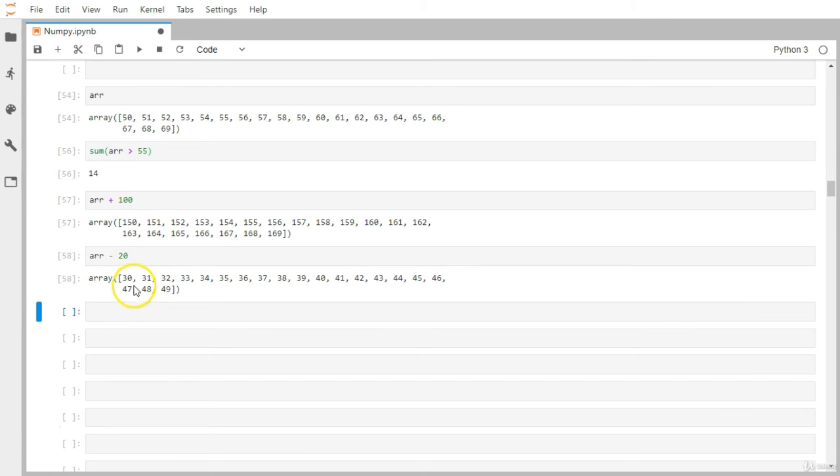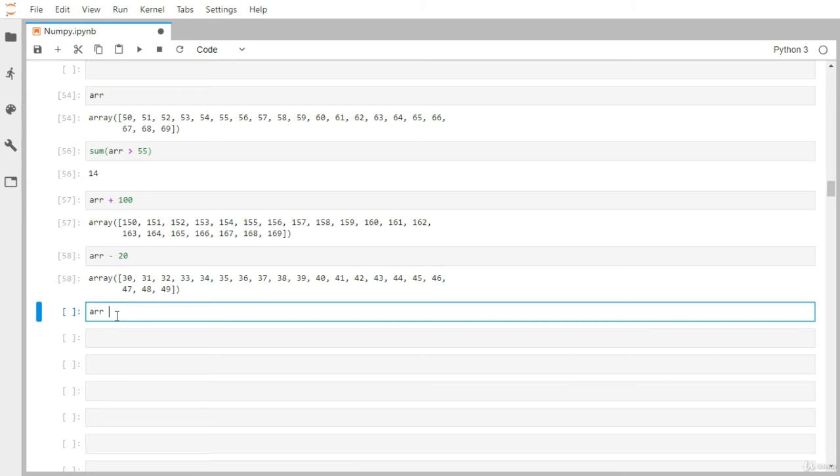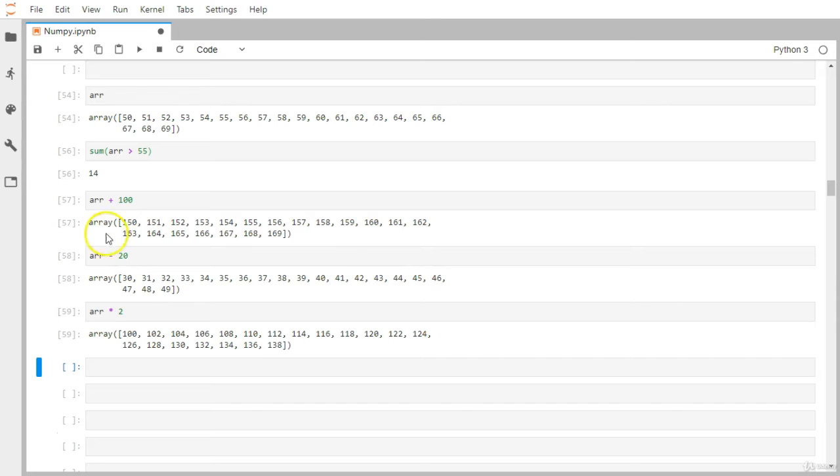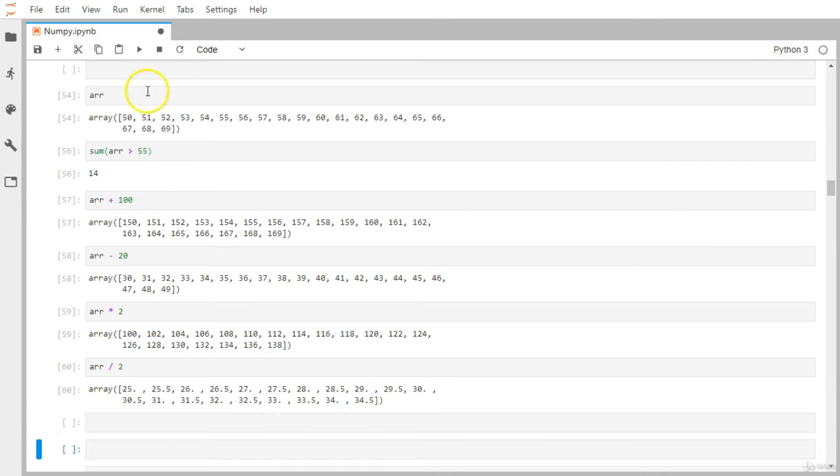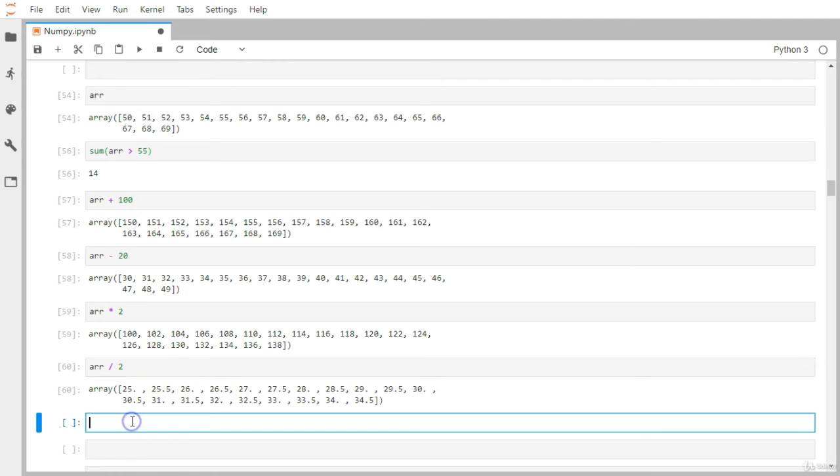So 50 becomes 30, 51 becomes 31. Same way you can even multiply. So let's say you want to multiply every element by 2. So 50 becomes 100, 51 becomes 102. You can even divide also. So 50 becomes 25, 51 becomes 25.5. So this way every single element can be operated on with such syntax in a NumPy array.